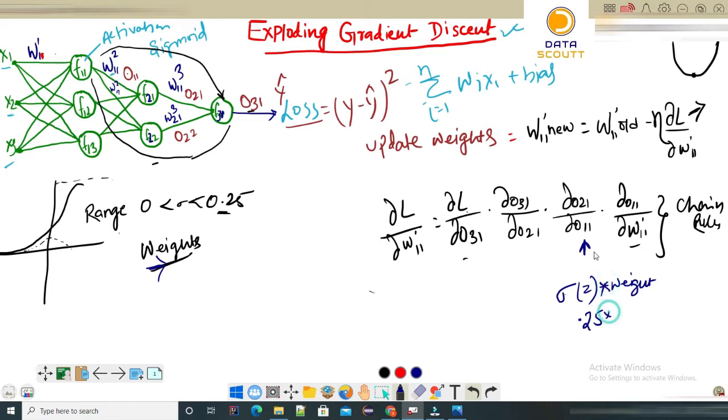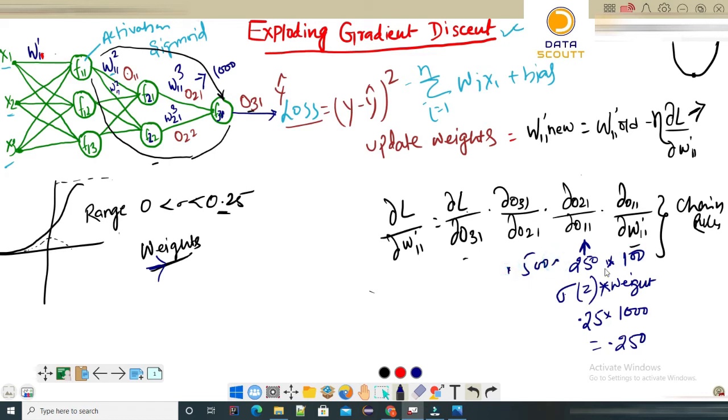And we know the weights. Let's suppose we have weight 1 here. Let's say the weight is 1000 here. If I just multiply the weights and try to get the derivation out of this, what will happen? It will be nothing but 250. So let's say here it is 250. If I try to multiply again, let's say it is 100 and let's say it is 500.